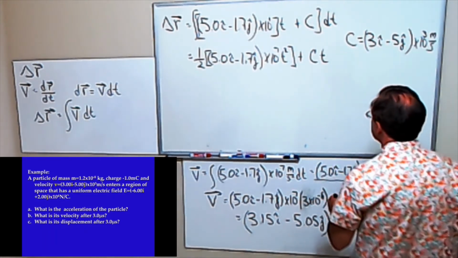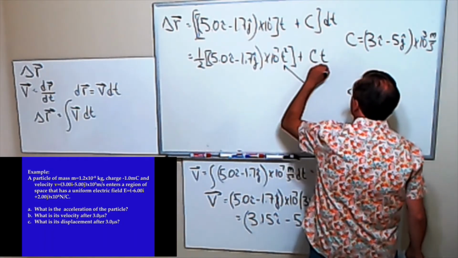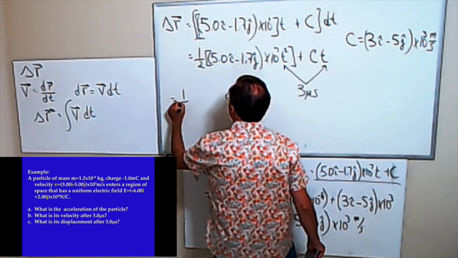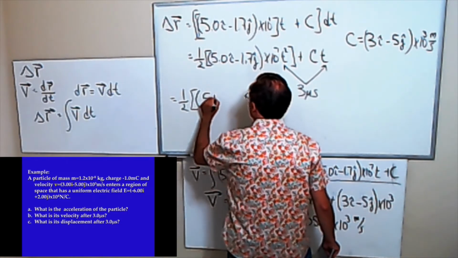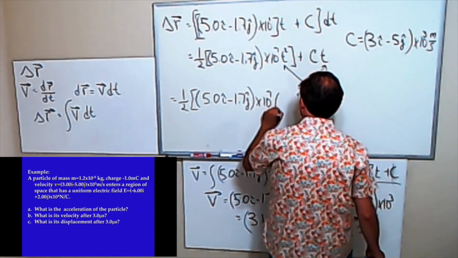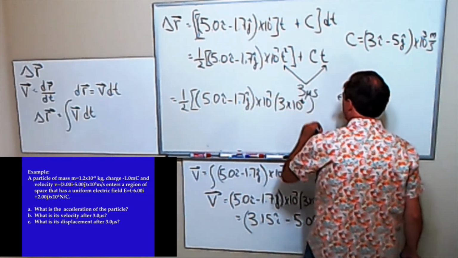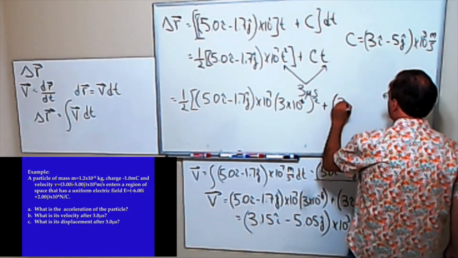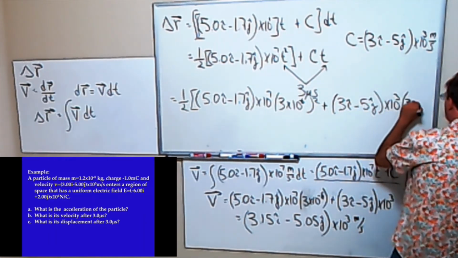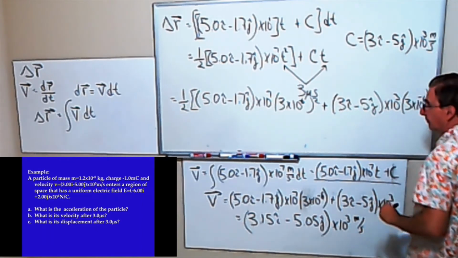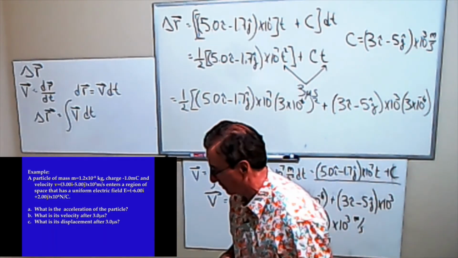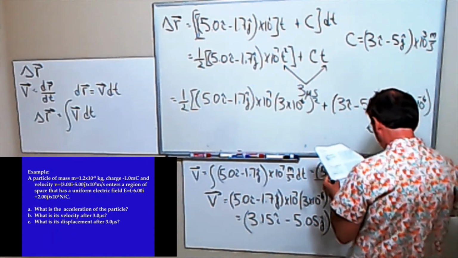Then you substitute the 3 microseconds in. I'm suppressing the units and getting rid of the extra digits here because I don't have enough space. Okay. And so when I simplify that, I will get